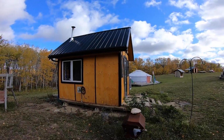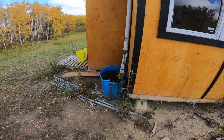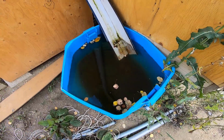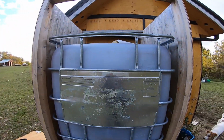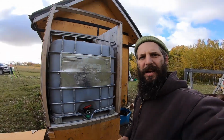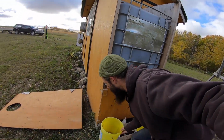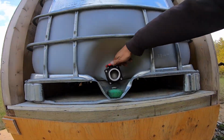Next up is the water rain catchment system for the cabin. Now we got a big old jug here that we'll have to dump out. But this whole thing is still absolutely full because we've gotten so much rain this fall, which is great, but it does need to be emptied out. So emptying this guy is pretty easy. We literally just...